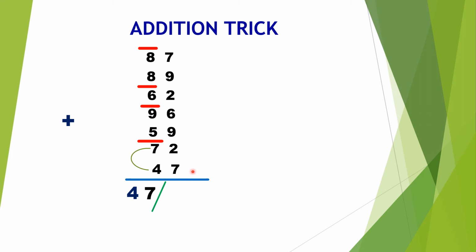So again start from the bottom. 7 plus 2, 9. 9 plus 9, 18. So 1 bar, keep 8 in your mind. 8 plus 6, 14. So again drop 10 as a bar and take 4 in your mind. 4 plus 2, 6. 6 plus 9, 15. So 1 bar, keep 5 in your mind. 5 plus 7 is 12. Take a bar and drop the 2 over here in your answer. Now count how many bars are there. 1, 2, 3, 4. So 42.